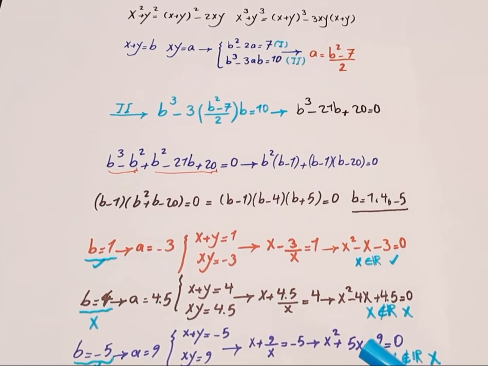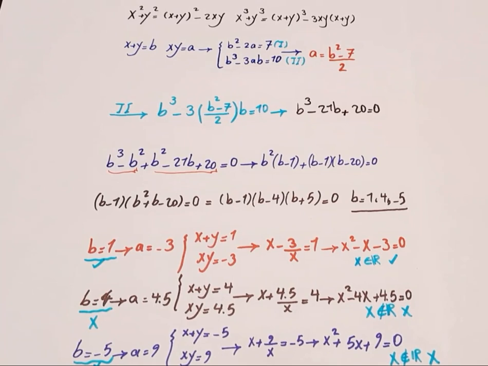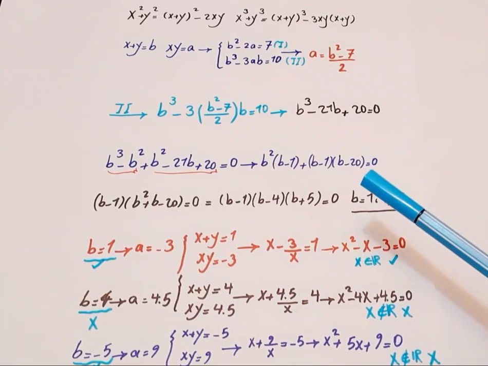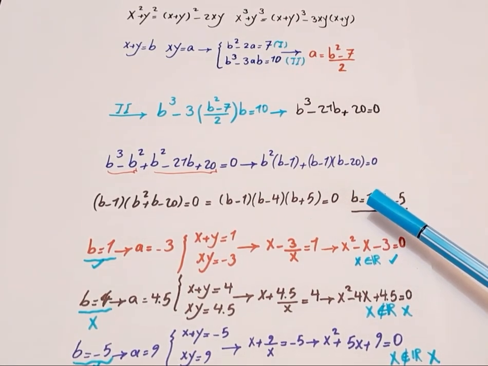But you know that this equation doesn't have real roots, so it means that's not a correct answer, and the one correct answer is b is equal plus 1, and it means x plus y is equal